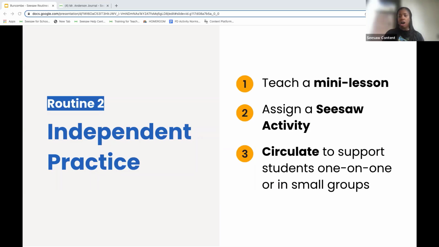All right, so let's talk about that independent practice. Seesaw can also be used to provide opportunities for students to practice those grade level skills independently. After you teach a concept or a skill, as teachers, we have to give our students time to practice. You can assign a Seesaw activity that reinforces that particular skill, and then as students complete that activity, you can circulate and support students one-on-one or in small